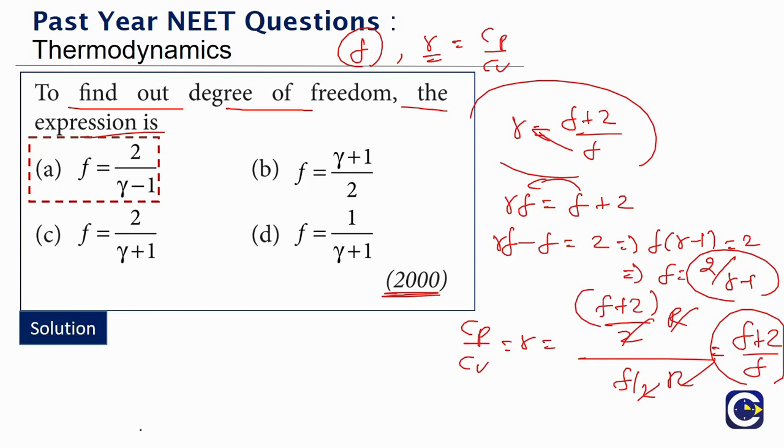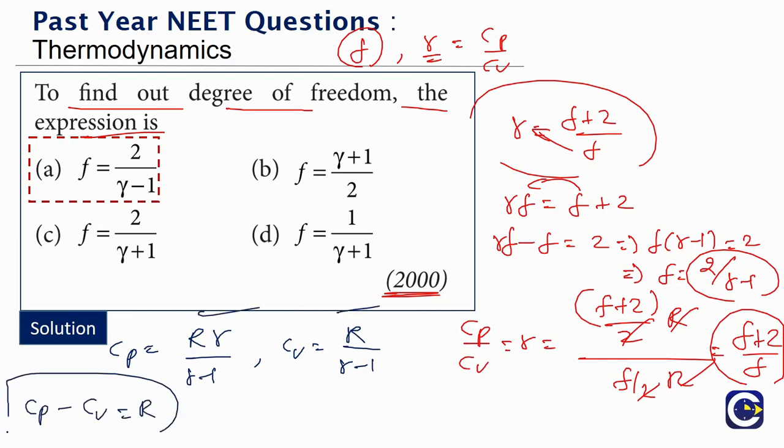Even we have seen some questions being asked. So Cp will be equal to what? R gamma by gamma minus 1. Cv will be equal to R by gamma minus 1. So this basically comes from two equations. We have Cp minus Cv is equal to R, and Cp by Cv is equal to gamma. When you solve both of them, we will get these relations. What is it? Cp will be equal to what? R gamma by gamma minus 1, and Cv will be equal to what? R by gamma minus 1. Those relations are also important.